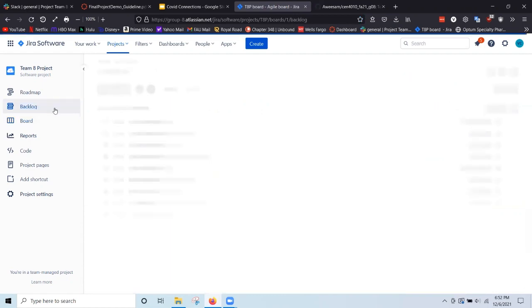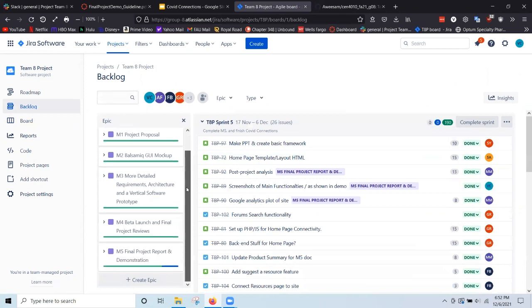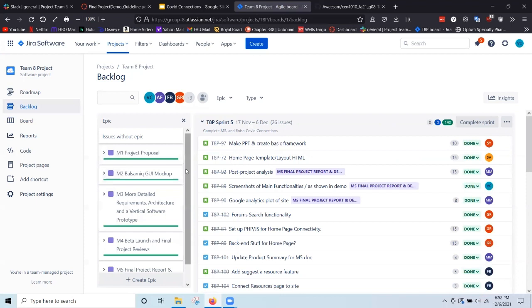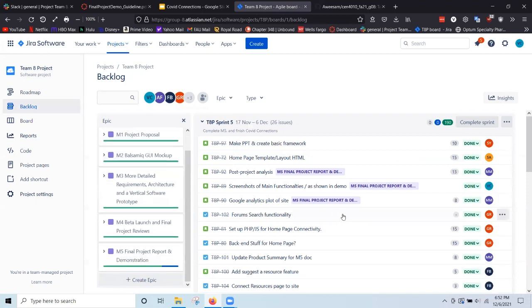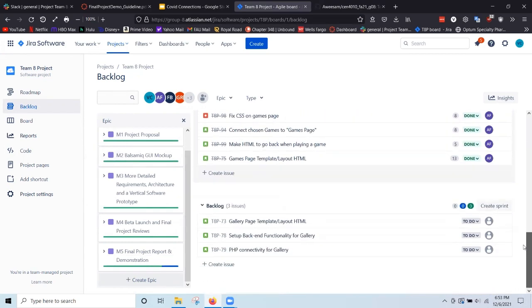But to jump into our backlog, as you can see, we divided most of our issues into epics to keep track of which issues corresponded to which one, along with separating which issues corresponded to milestones and which ones were more site related. And also into the backlog in general, you could see some of the issues we did not get to, for example, for the gallery implementation. That will conclude the presentation of our Jira though, and now we are going to jump to our GitHub to